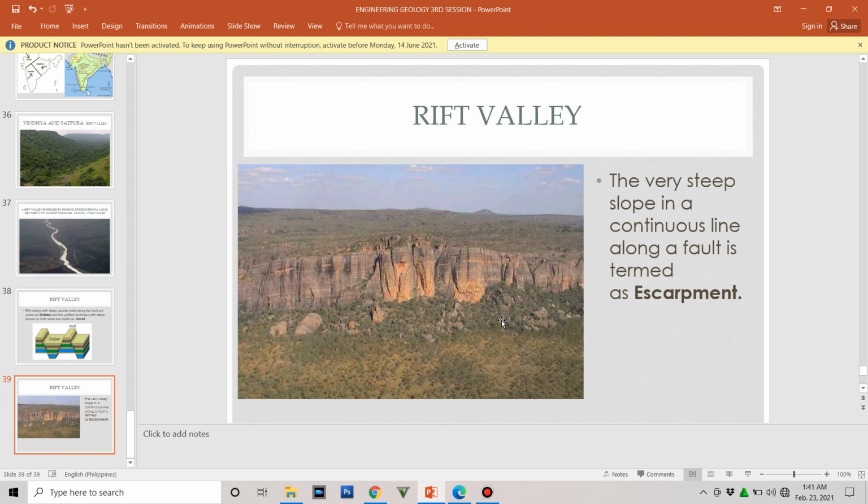Okay, so the very steep slope in a continuous line along a fault is termed as escarpment. Okay, so yun. So the valley formation, kitang-kita mo yung boundaries of the valley will be viewed on the escarpment. Okay, so I think